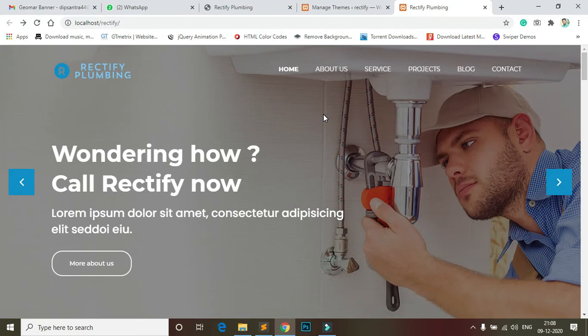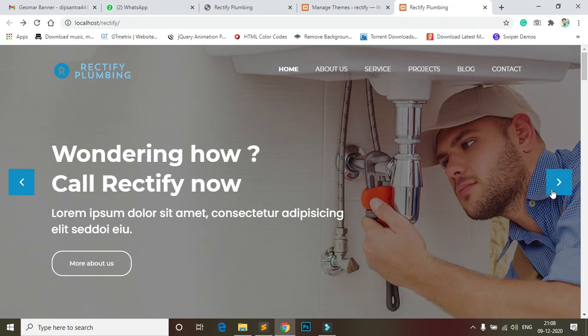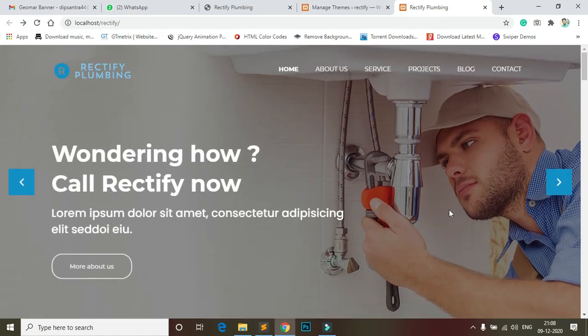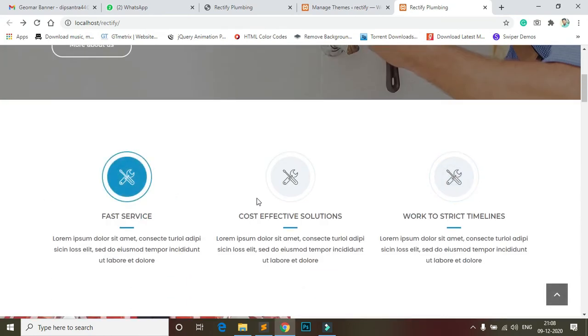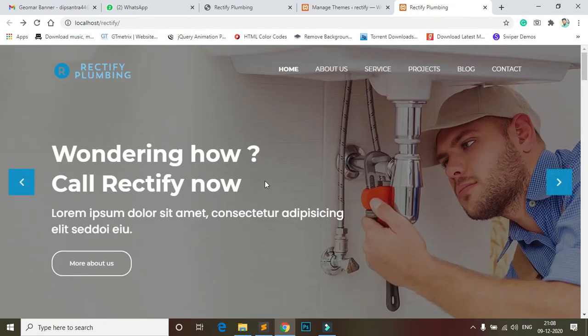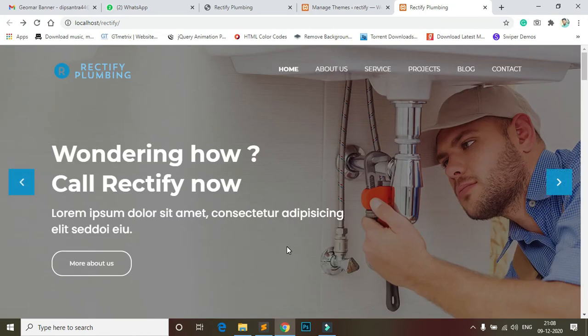So this video is taking a long time. So after next video I show you how to create a dynamic menu, and this slider, how to create a dynamic slider, these two portions, and this also, how to show you this portion. Okay, these three portions, how to make them dynamic. So I show you after next video.